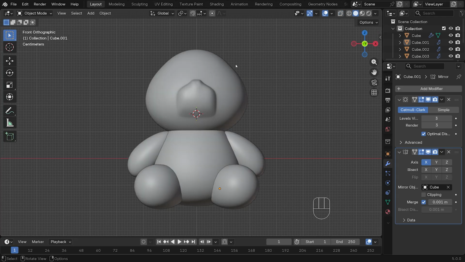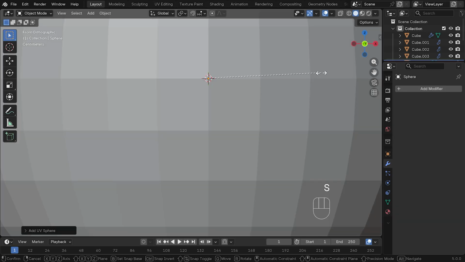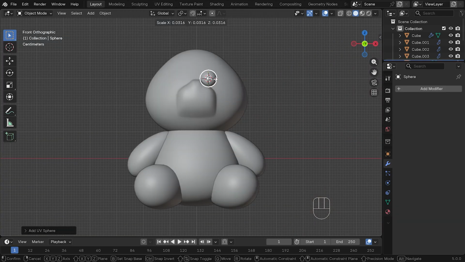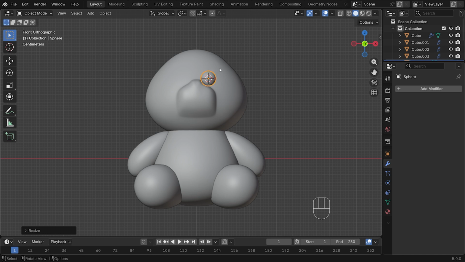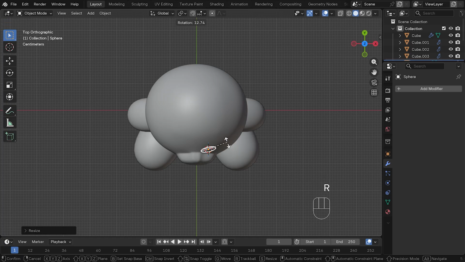Right, now let's add a face to this teddy bear. So I'm going to move my 3D cursor here. So Shift right click, press Shift A to add, mesh, UV sphere, and press S to scale it down to around this size. Go to top view with numpad 7. Press S to scale on the Y, make it nice and thin, and R to rotate it so it aligns